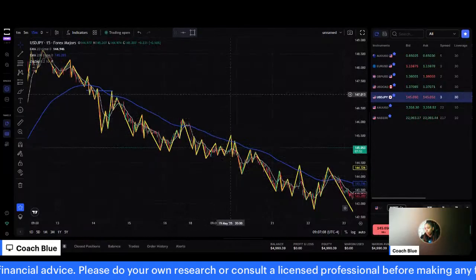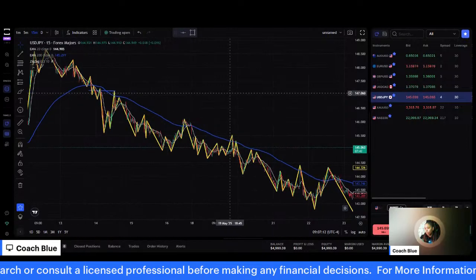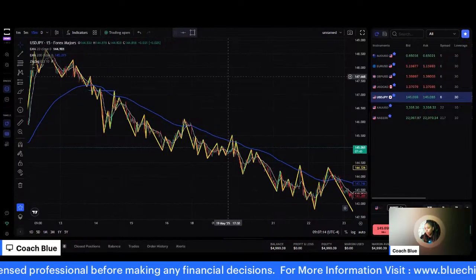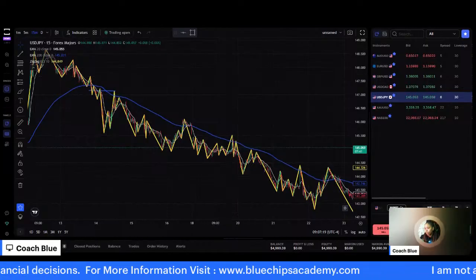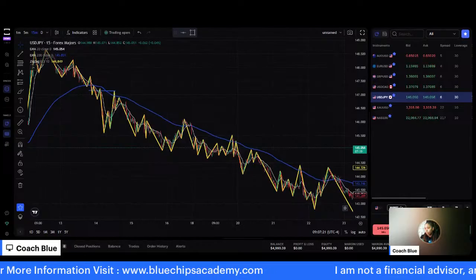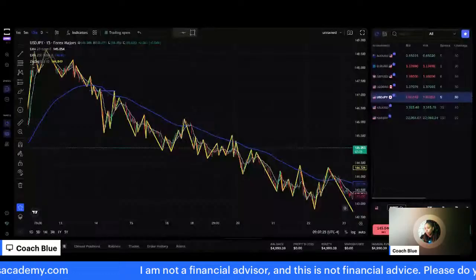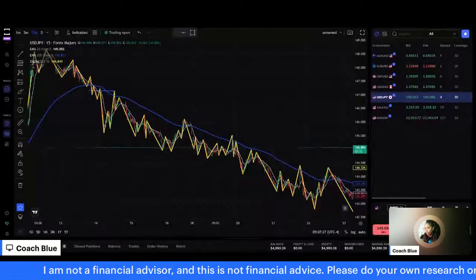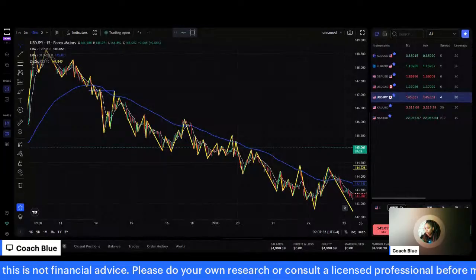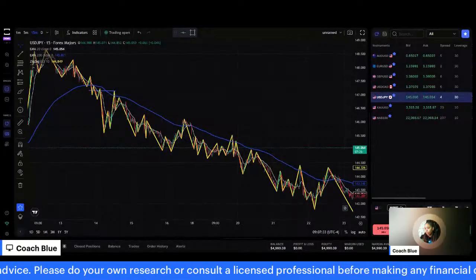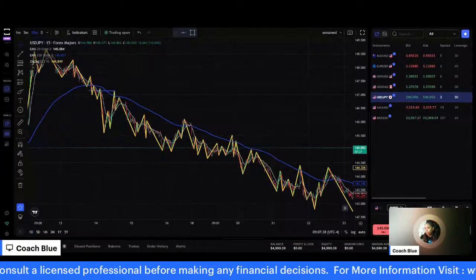So that's an example of the 20 and the 200 when you're looking at both an uptrend and a downtrend. That goes back to the illustration that I talked about. Now, let's talk about BPC and how we enter the market when NASDAQ breaks out. We're going to talk specifically about that. Then we're going to look at NASDAQ and see what opportunities and what levels we should be looking at when it comes to that.